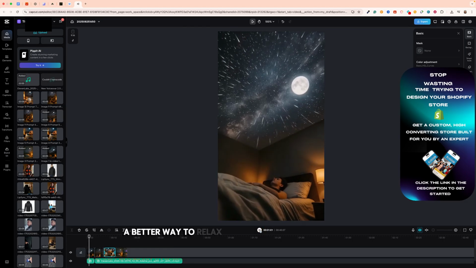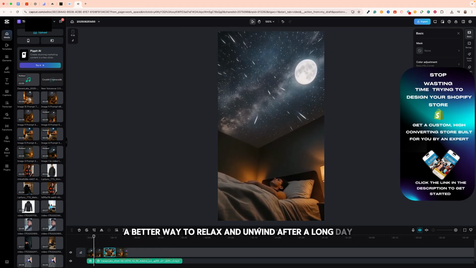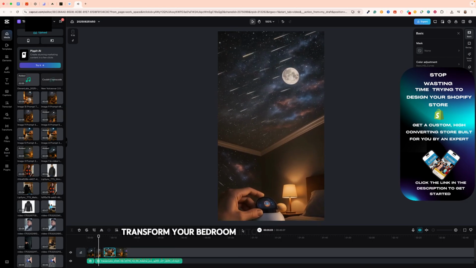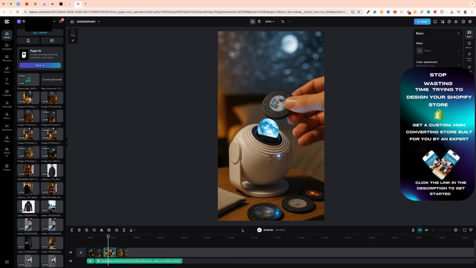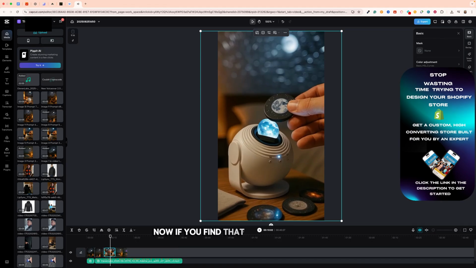A better way to relax and unwind after a long day. Transform your bedroom into a mesmerizing galaxy with the Galaxy Projector. Drift off. Now, if you find that some of the clips are a little bit slow and boring, like this